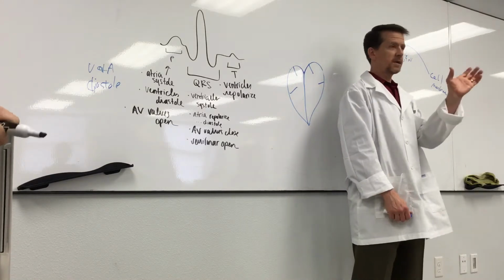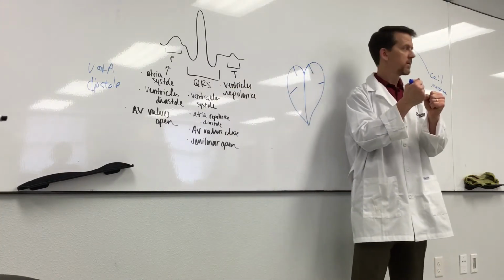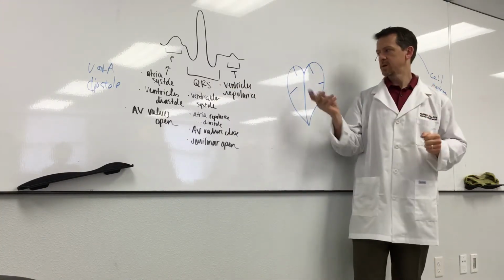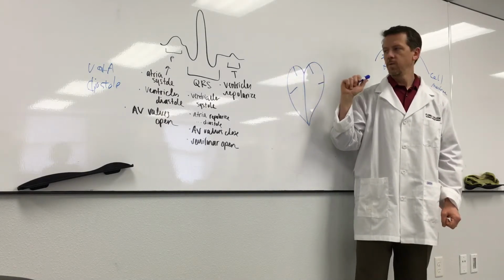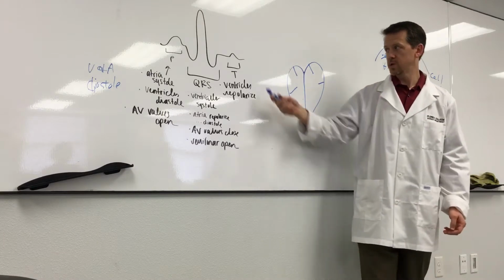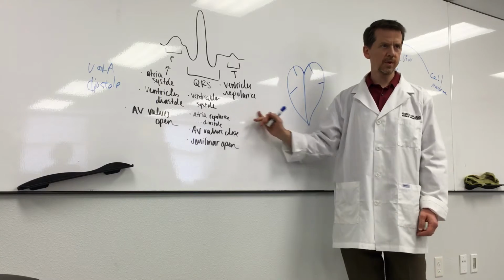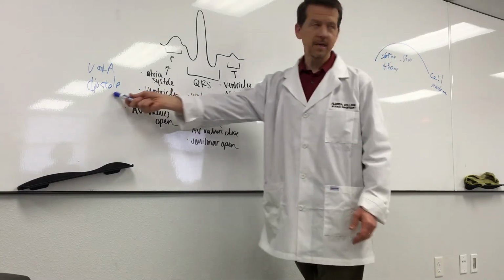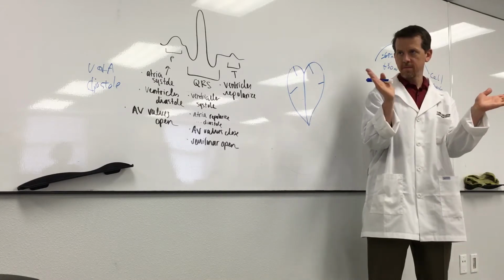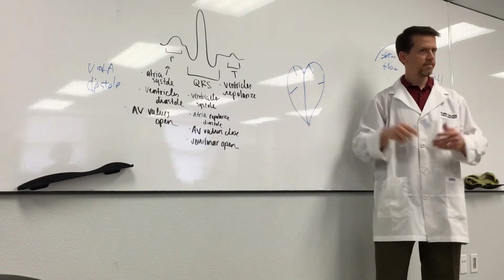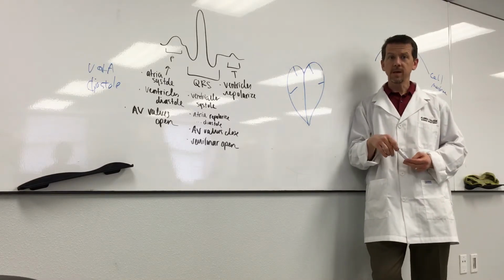Right, the atria are relaxing, the AV valves are closed because the ventricles are contracting. Make sense? And so the atria are starting to refill with blood again from the vena cava coming in there. When the ventricles hit diastole, which is right around here, from the T wave on, they're both in diastole, and so the ventricles start to refill because the AV valves have opened back up, and it starts all over again. So basically, when they're relaxed is when the blood can come in. Yes, because I think I missed that.